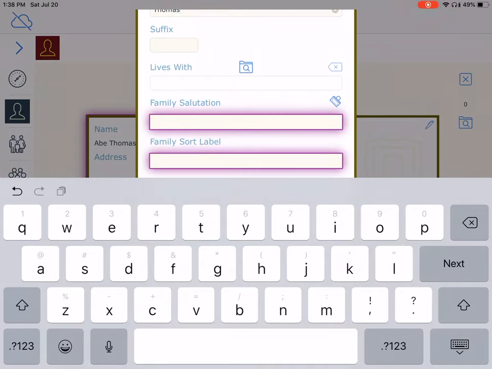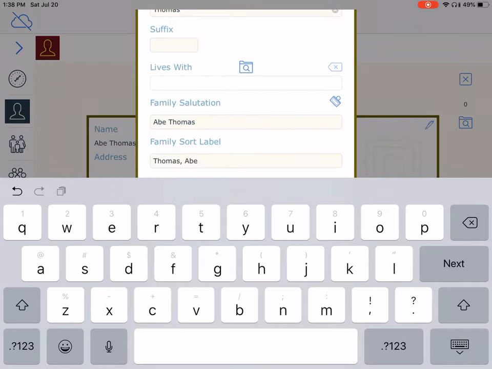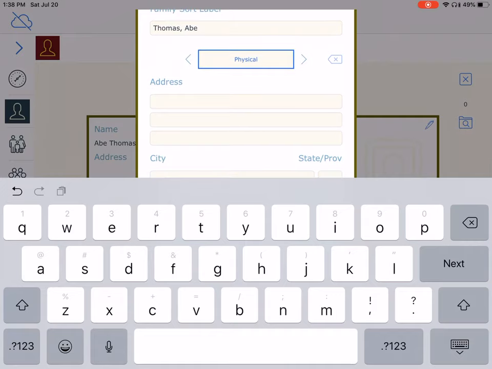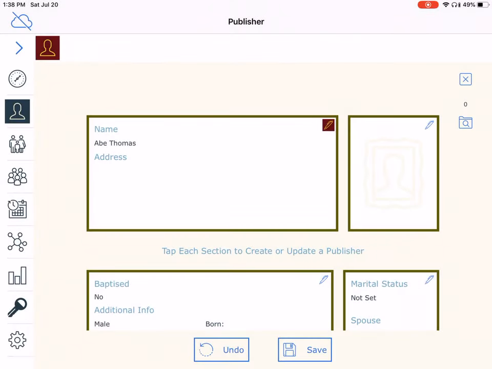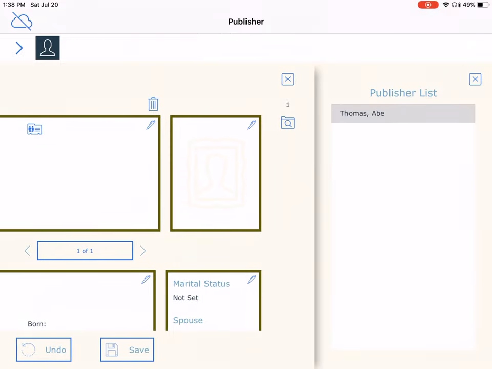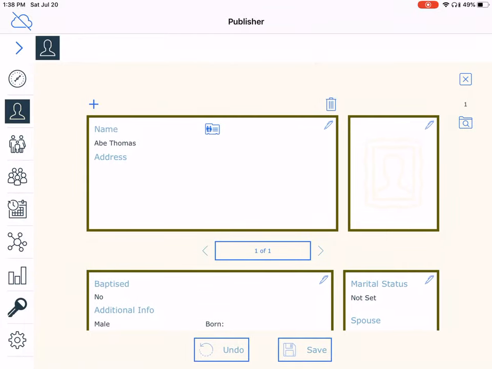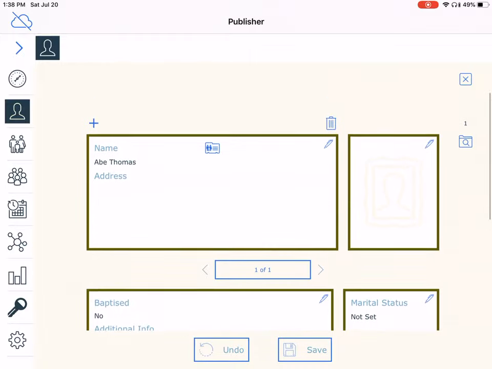And we'll click on this icon next to family salutation, and it'll fill that information in for us. We're not going to put an address or anything right now. And we'll go ahead and hit done, and we'll hit save. Notice on the right now I have a 1, and if I hit that folder, it should show my new publisher. And so from here, you'll just want to add all your publishers in your congregation, get everything set up,